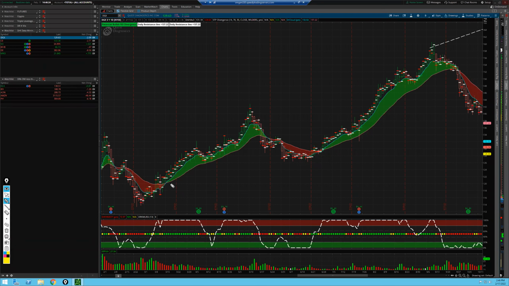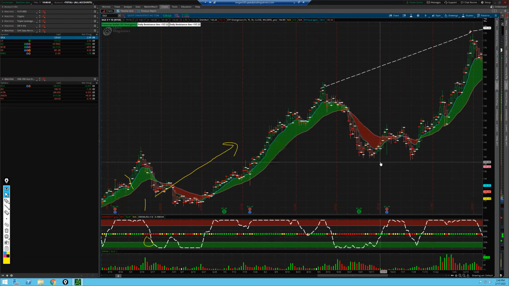I prefer not to, personally. I don't like to catch a falling knife, meaning as it's heading down, if I'm not getting a trigger, I don't like to get in. I wait for that trigger. But there was a nice move last year, which again should not surprise you, because on the spreadsheet,